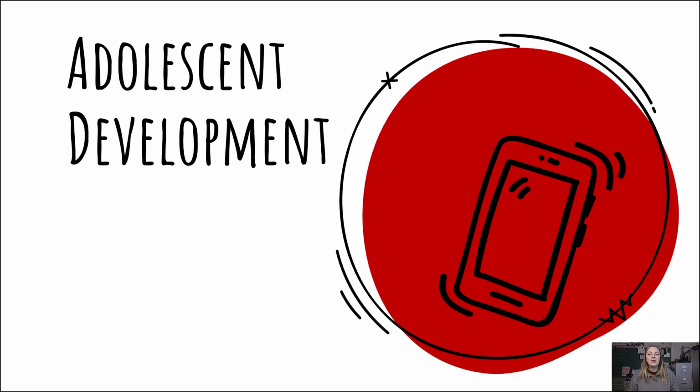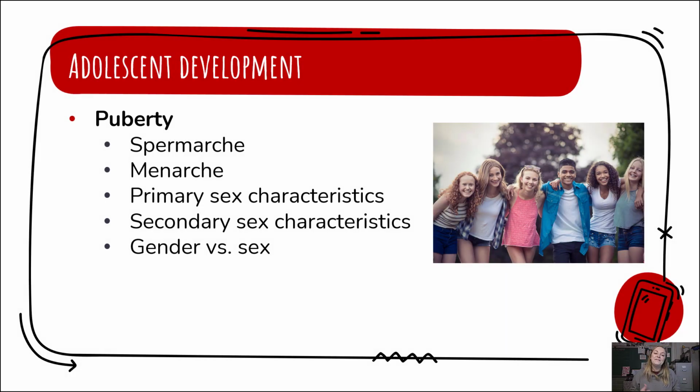Okay, let's now talk about adolescent development. This is the next stage of physical development that we have, and this is where we get to talk about the fun stuff, the stuff that you're experiencing right now. First thing that we need to talk about is what adolescence is. Adolescence is the period of human development that starts with puberty, around the age of 10 to 12. And this extends through physiological maturity, approximately the age of 19. So that age kind of varies across individuals, but it's really until you physiologically, so physically, stop development.